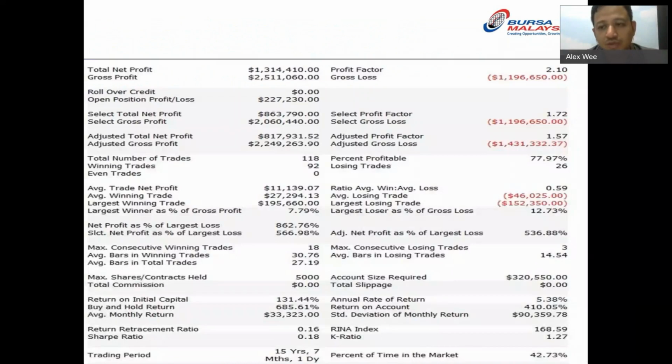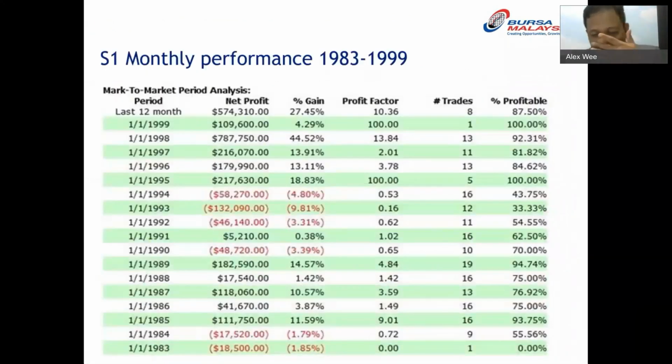So it seems to me that what they claim is correct, and whatever rules are in The Way of the Turtles, it seems those rules can enable you to make money during their time. That only proves that the story could be authentic. That's what it can prove to me. You can see from here that it doesn't make money every year, but in certain years it loses less.